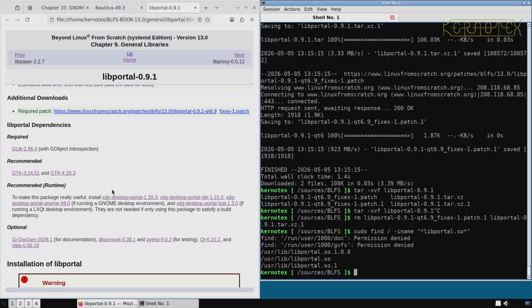Rebuild after GTK 3, GTK 4 and Qt6, which we can do now. Right, so we will install this one then as a rebuild. So libportal,